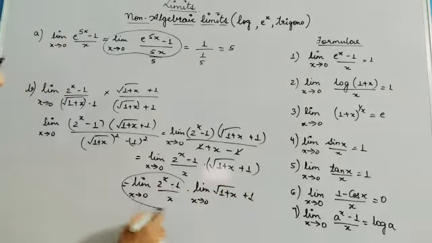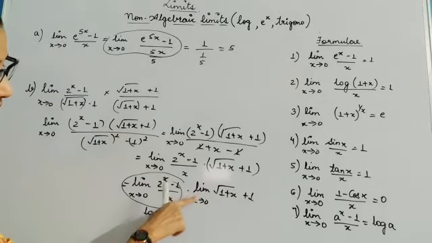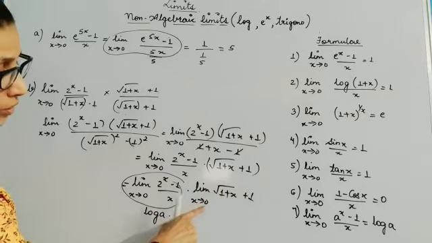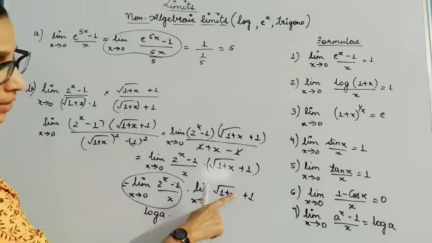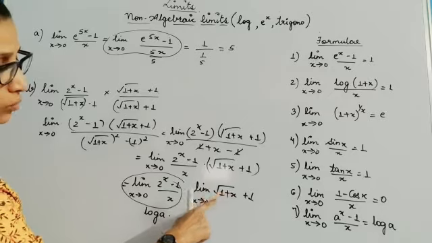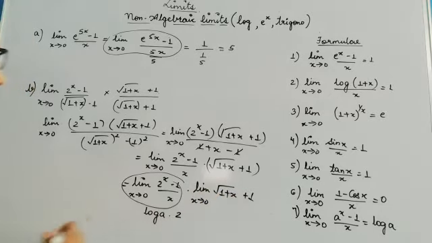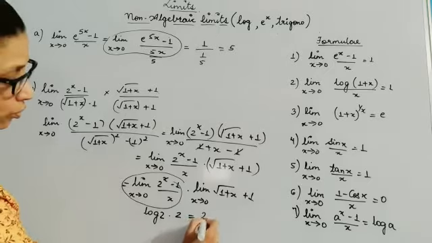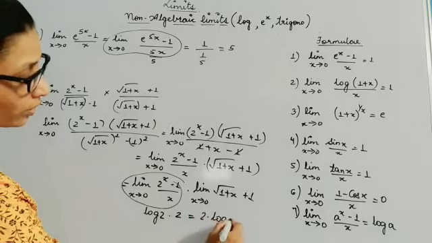Now for this I can write it as log of a, and for this, look, it is in the numerator, so I can substitute the value x tends to 0 over here. So if I write x equal to 0, I will get it as 1 plus 1. So I will be getting it as 2. So I will be writing log a, and what is a over here? It is 2. So I will be getting it as log 2. That means 2 into log 2 is your answer.